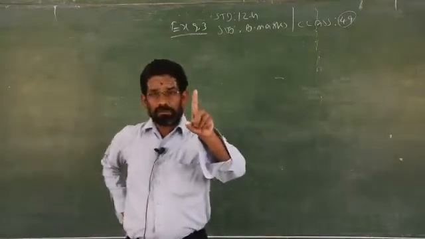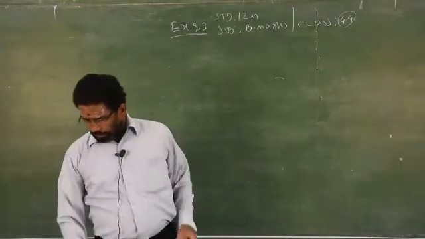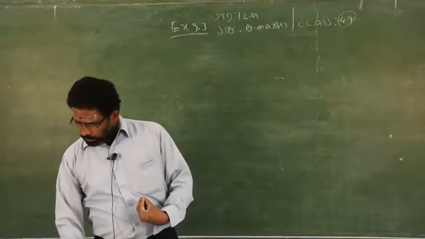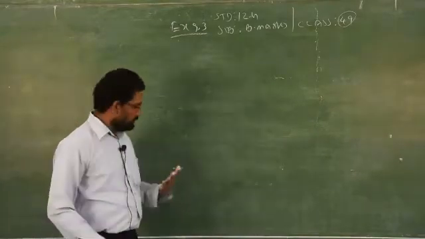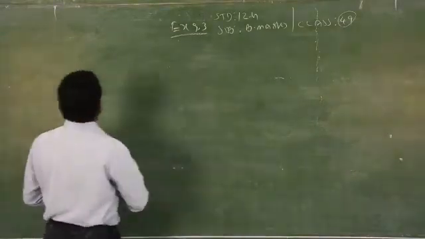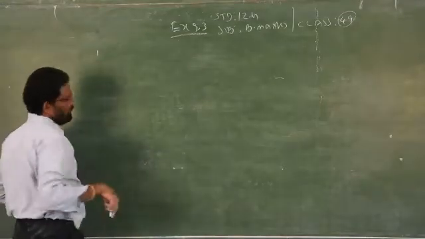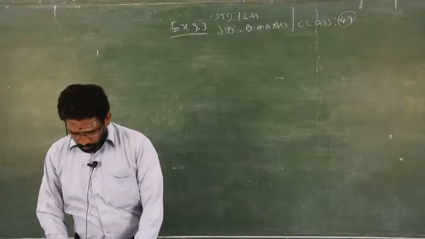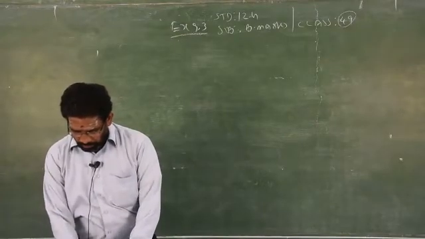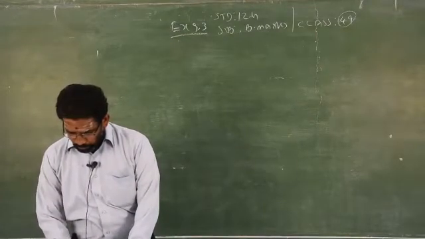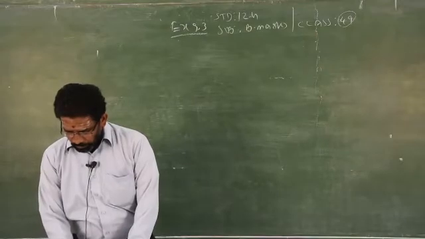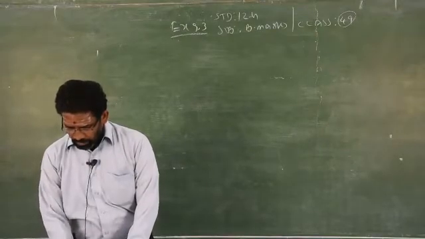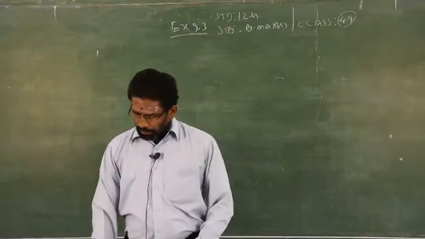Sample number, that is machine number 1. In machine number 1, how many samples did they take? 32, 36, 42. They are taking 3 samples. So you have to find the X bar, that is X bar and R chart. You have to find the mean value for 32, 36, 42. Just add all 3 and divide by 3. You will get